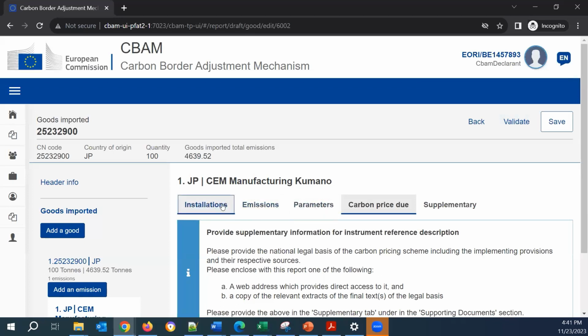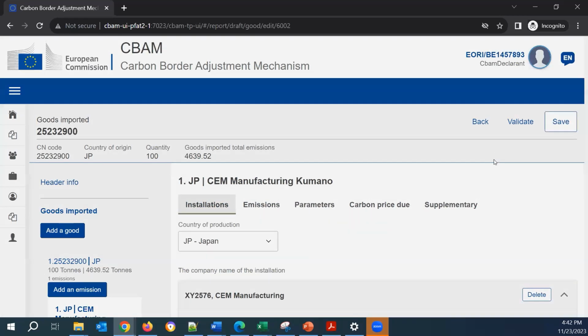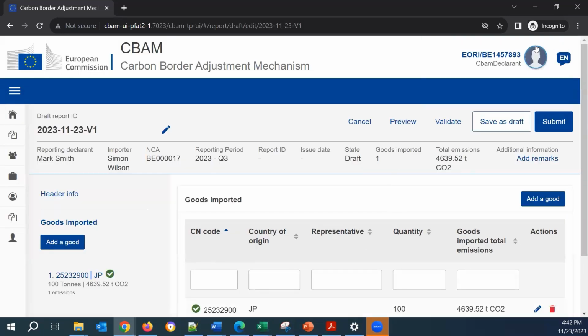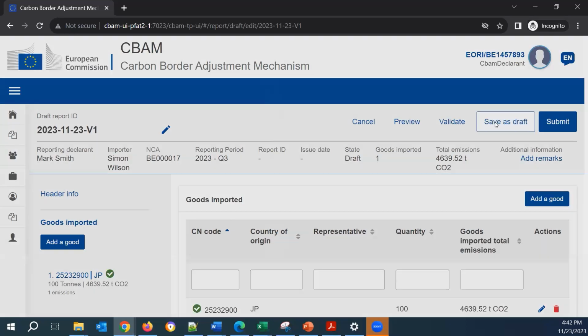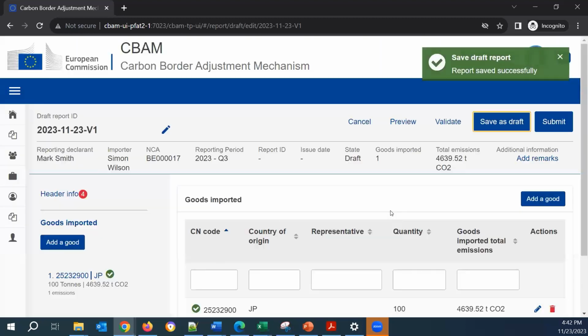More often I don't put the country of production, so this is a very common mistake for me. I will save the report once again. It is saved. And now we'll save my CBAM report once again, sorry, as draft.